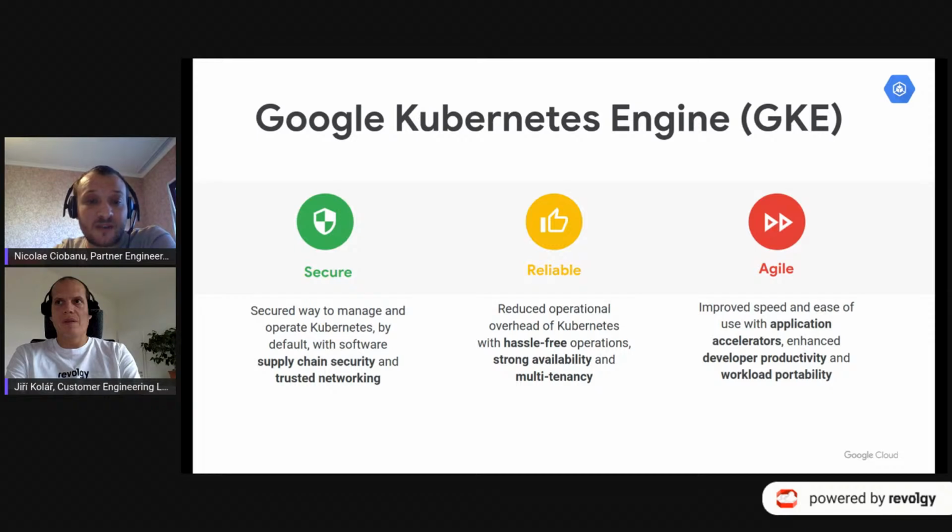On the strong availability part, GKE has higher reliability by using global regions, our SRE monitoring, regional clusters.